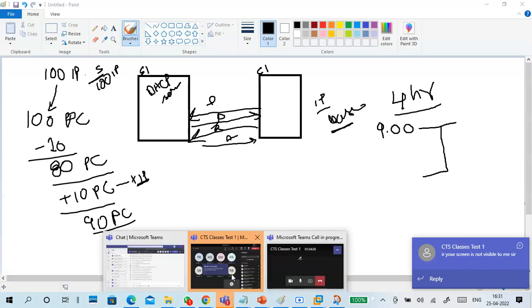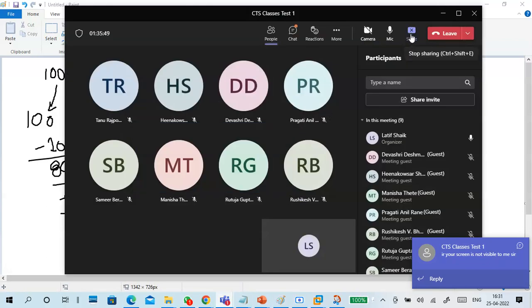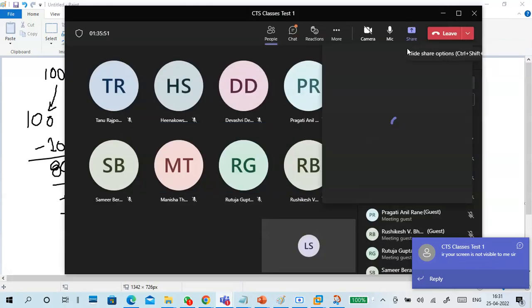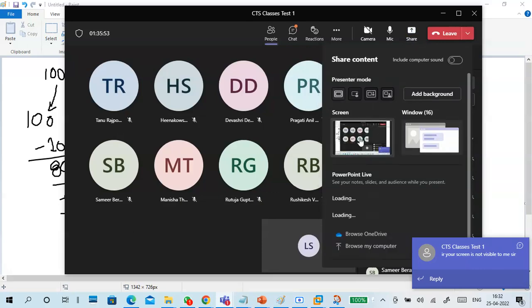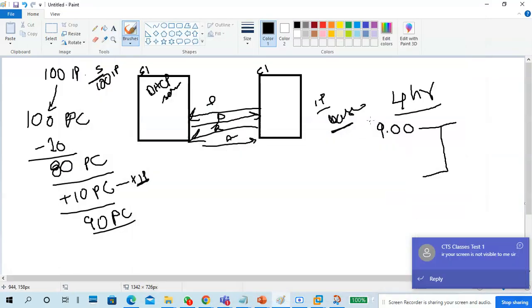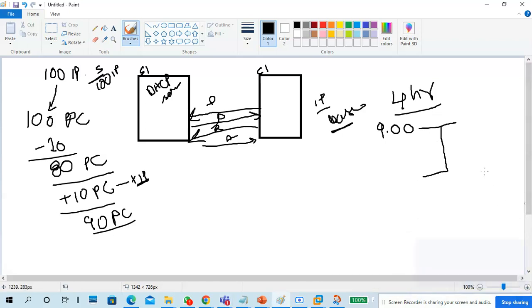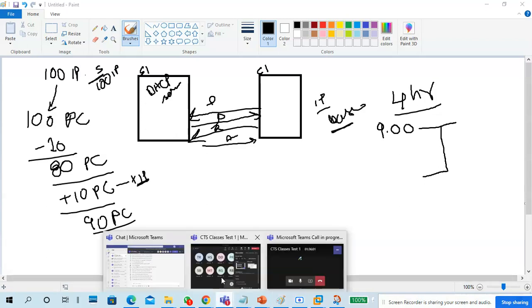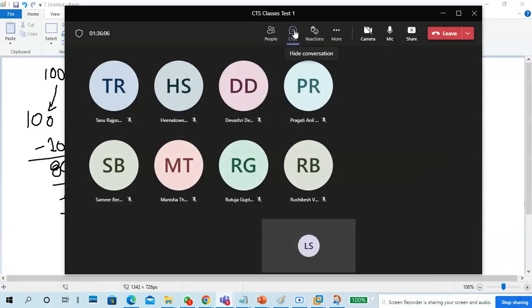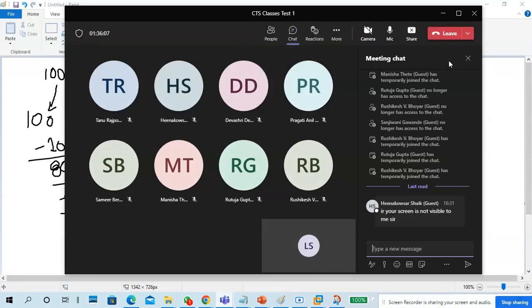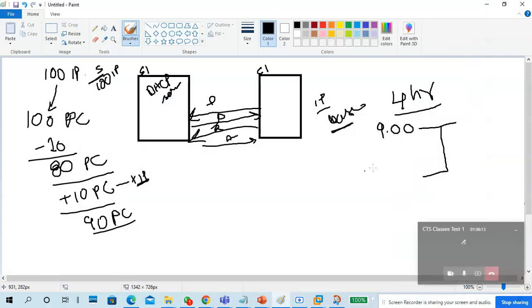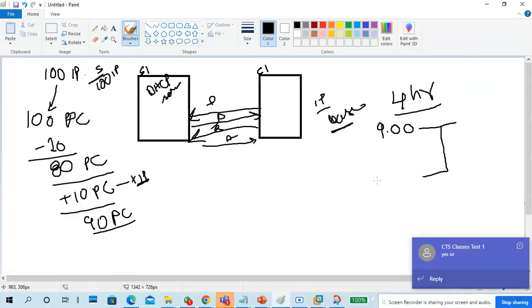Very good. Screen is not visible. Now screen is visible. The screen is visible or not? Yes, Yes, sir. sir. Very good. Okay,